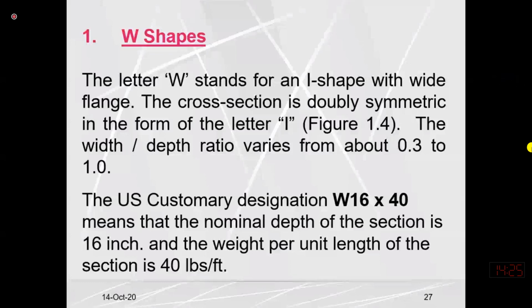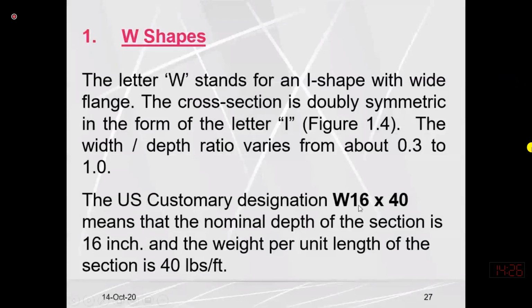So if we are placing an order, what designation do we have to use? What do we tell the vendor, what size of W section you want to order? So every section which has a particular size is designated by a standard symbol